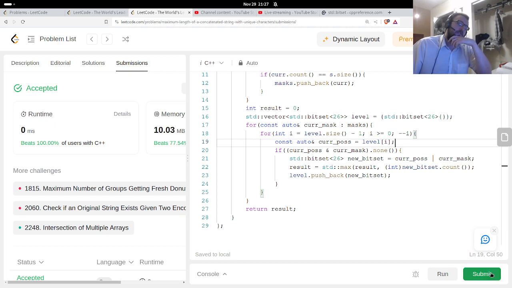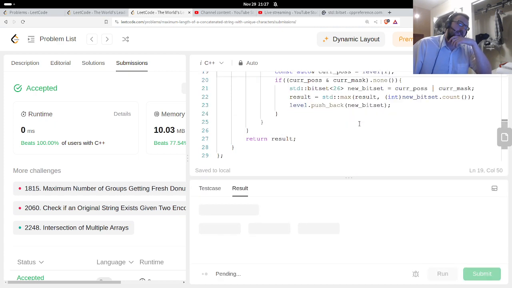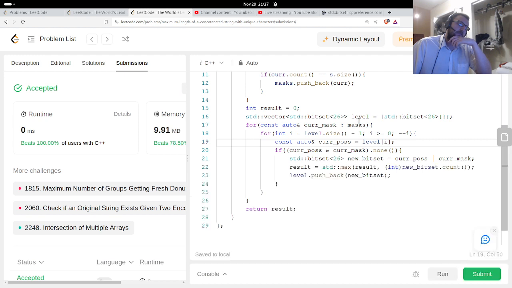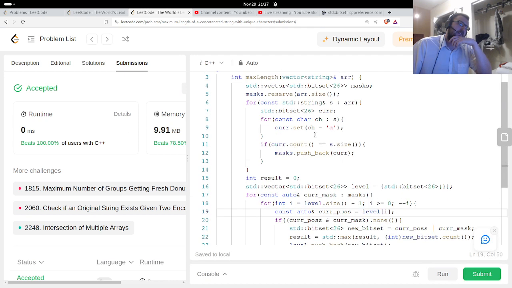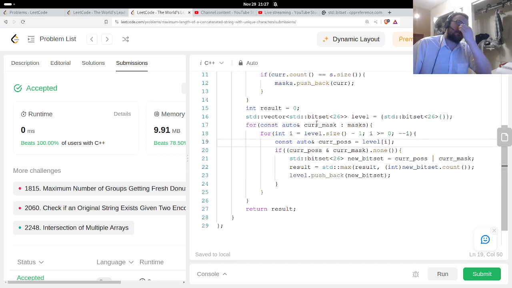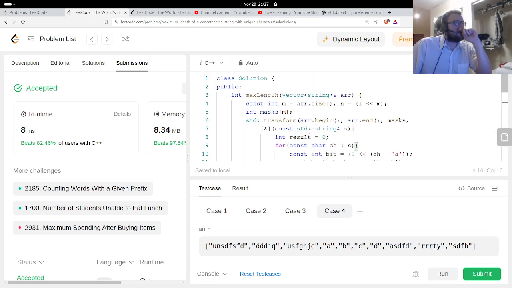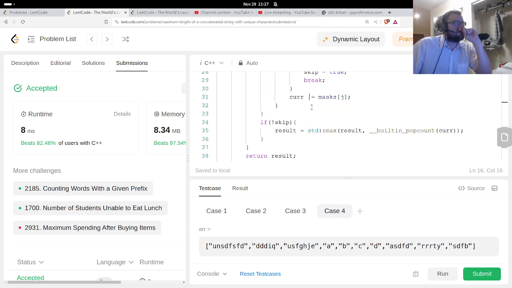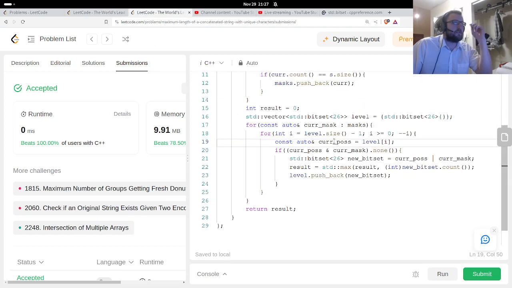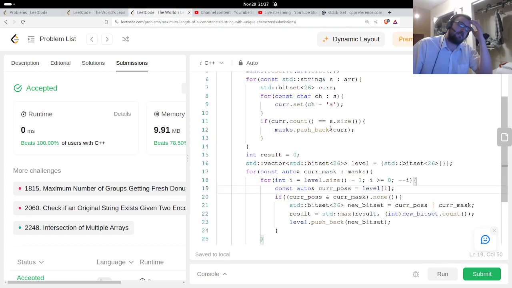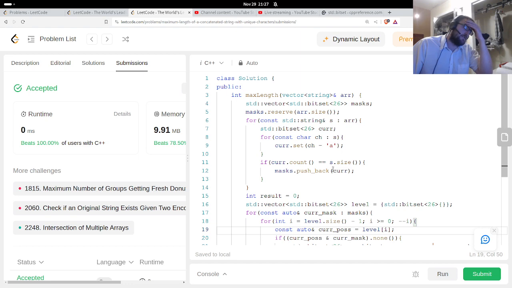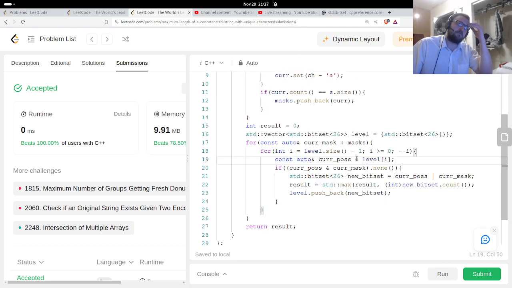I probably should have thought of this first, actually. Now that I'm thinking about it a little more. This is better. For various reasons. Number one, it's faster. Number two, it's cleaner. It's faster, it's cleaner, easier to code, simpler.